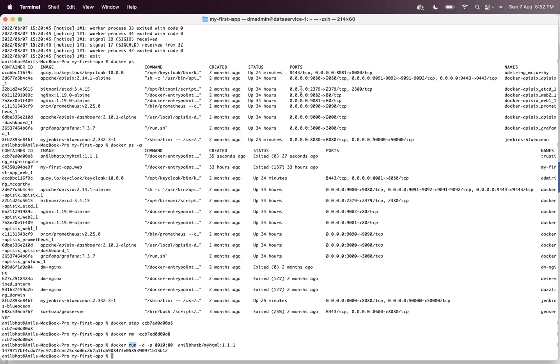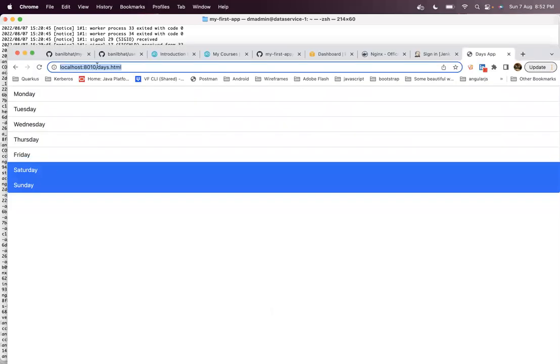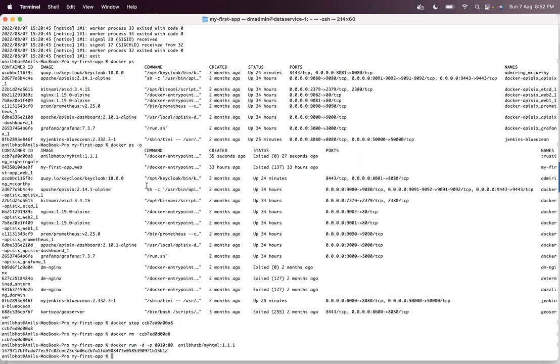You verified that by going to the exposed port, in this case 8010, and seeing that the application is running, right? You can also get inside the running container by using the docker exec command that I explained in the previous session. So now we have learned how the Dockerfile is used.